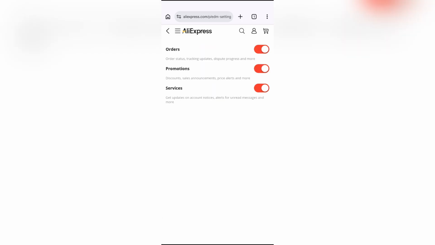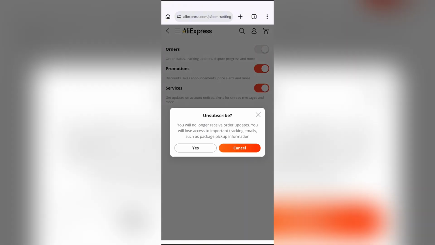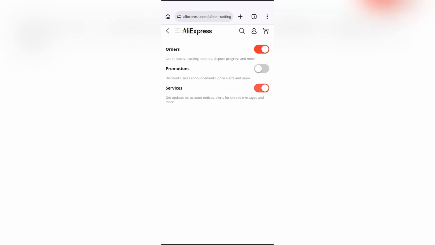Now in order to turn off or disable the emails from AliExpress, just simply disable all of these three toggles and it will be disabled. And this is how you can very easily disable emails in your